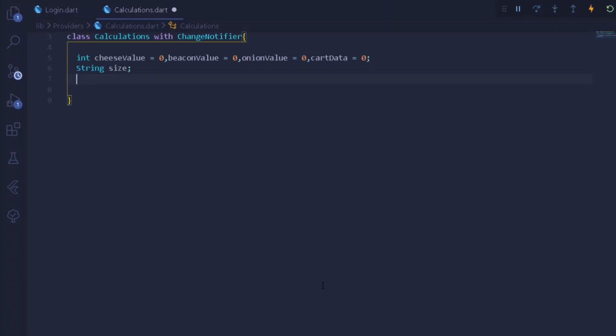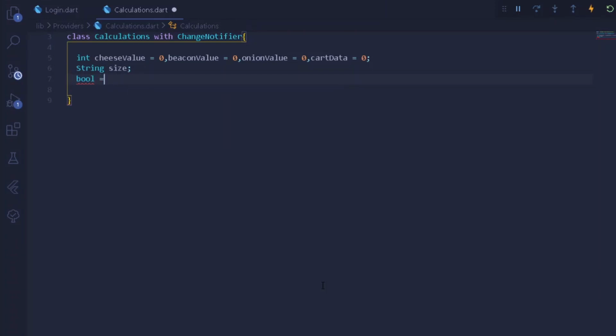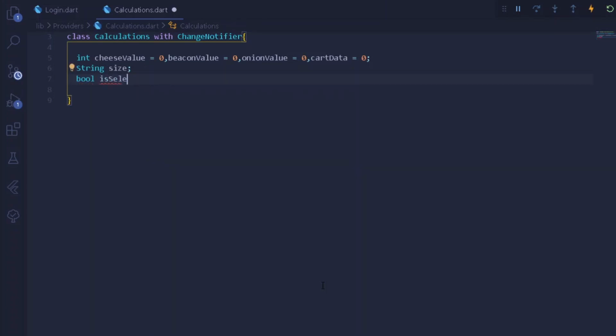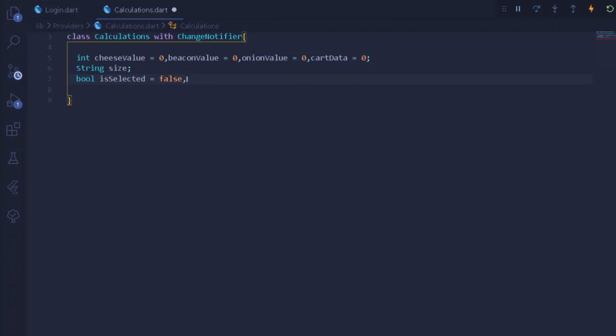Guess what? It will be neither a string nor integer but a boolean. So here I will be simply writing a new boolean. So here under this boolean, I will be simply writing, okay, let's give it a name. So under the following boolean, I will be simply writing here for is selected, whether any of the following pizza is selected or not, which will be equal to false. And after this, we shall be catching up the tap thing.